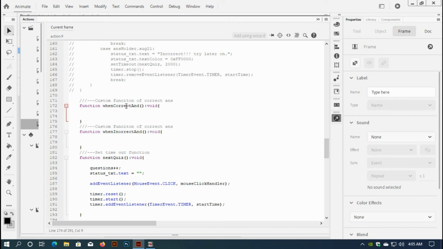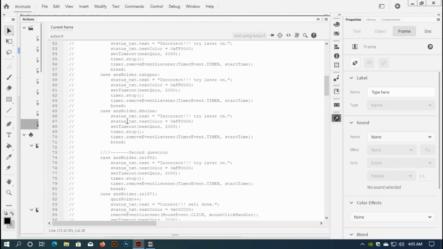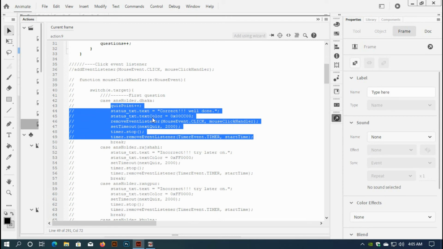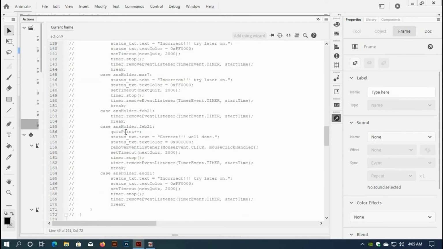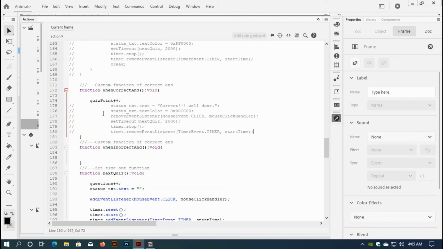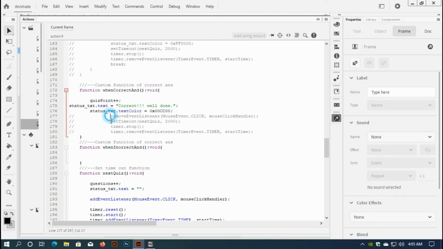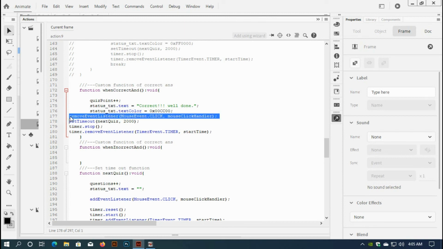Okay, when correct answer, here just choose this. Copy. I have copied the correct answer code from there and arrange it. Sorry guys, I don't know why I make such a long tutorial, but I think if you follow along with this,